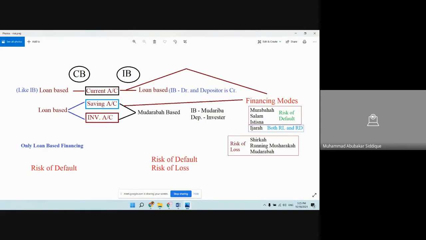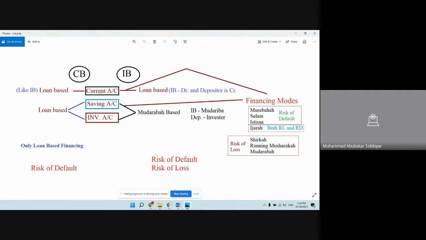When we look at the same current account in Islamic banks, in our subcontinent and also in countries like Malaysia, it is also known as a loan based account. Here the Islamic banks are debtor. DR stands for debtor in accounting language, and depositors are CR, meaning creditor. So here also the relationship between the Islamic bank and the client is a creditor and debtor relationship. So you can say that there is no difference between Islamic and conventional banks regarding the current account,